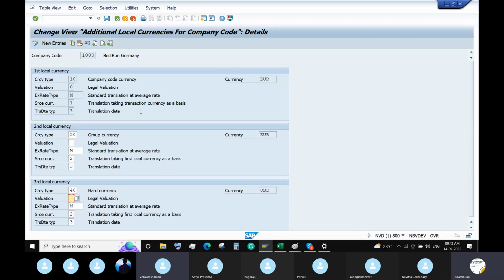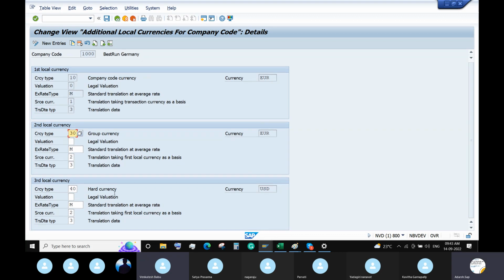So the client first local currency is the default currency. Once you create a company code, this will be automatically assigned. The currency types: 10 is company code currency, 30 is group currency. And you can maintain second local currency and third local currency as alternatives. And if you go to